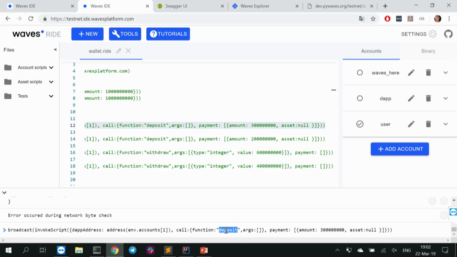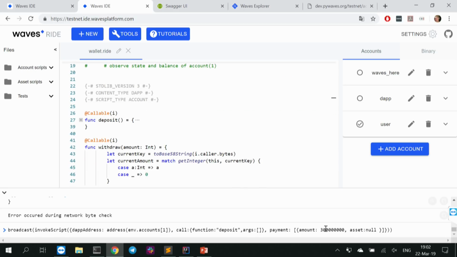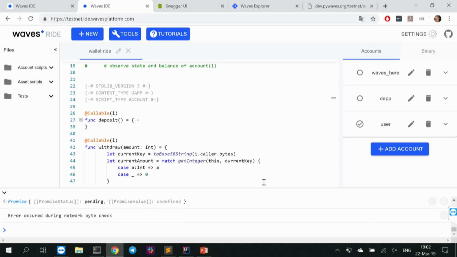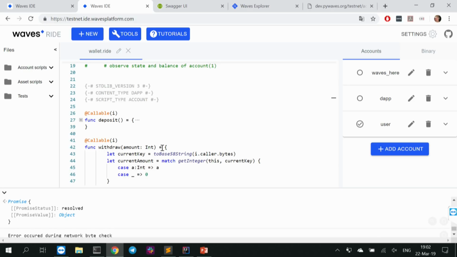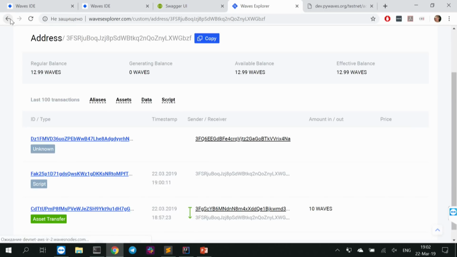We call the deposit function of this DApp, with no arguments, since it doesn't require any, right? Right. And we send 3 waves there. Let's see what happens. Yay! It's resolved. Let's observe it on the blockchain like this.